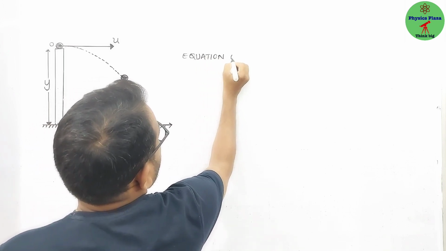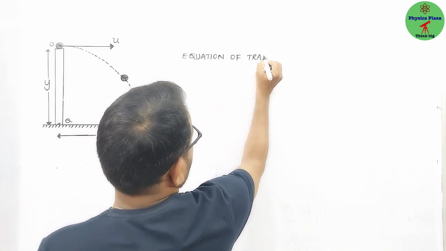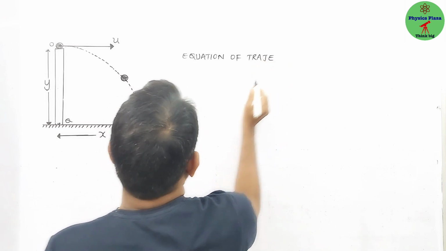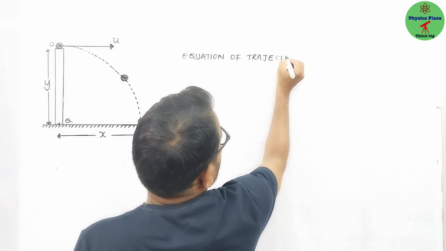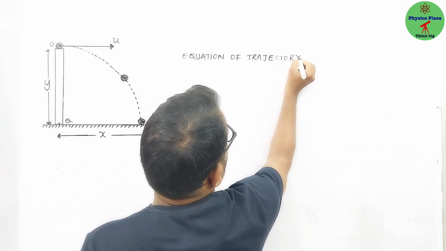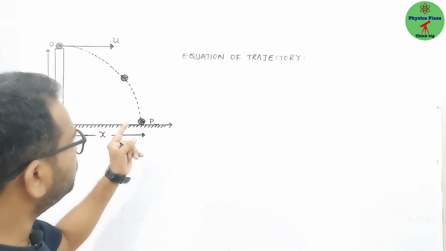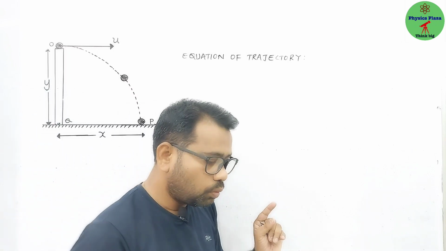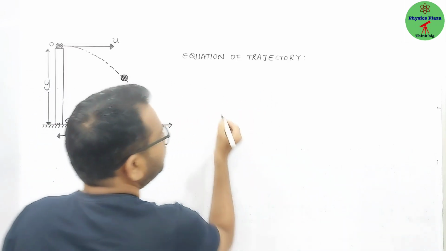Equation of trajectory. Children, I told you what the trajectory is. The path along which a projectile travels is called the trajectory. So what is the equation of trajectory? During the motion, the projectile covers some horizontal distance,